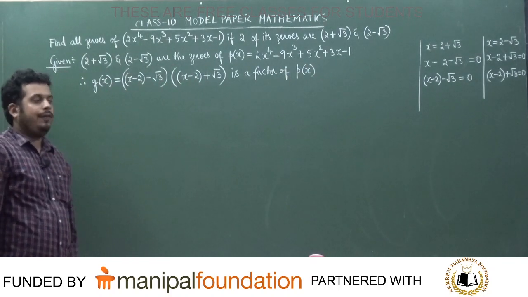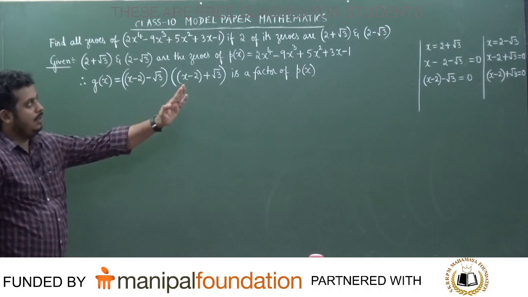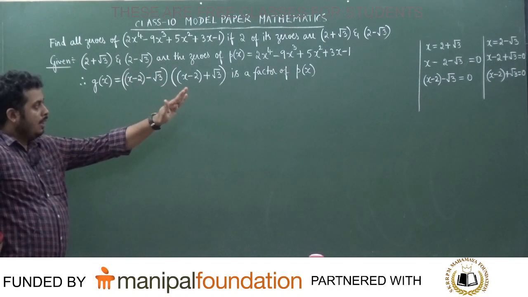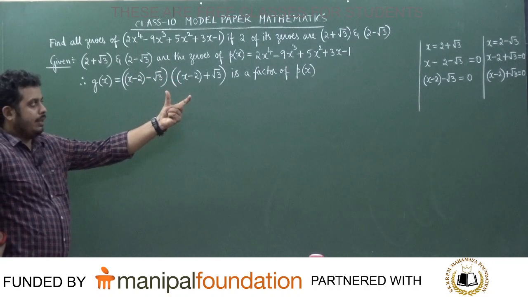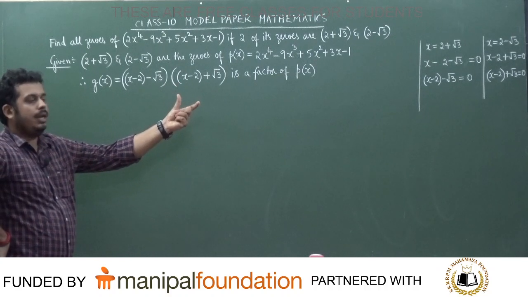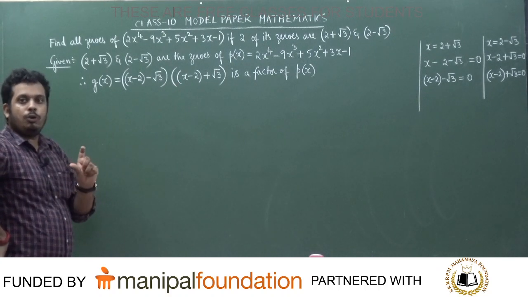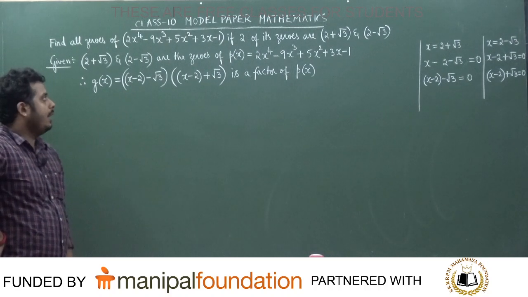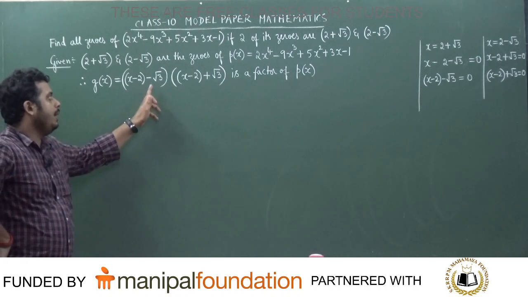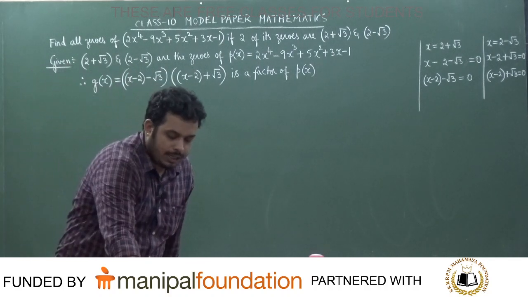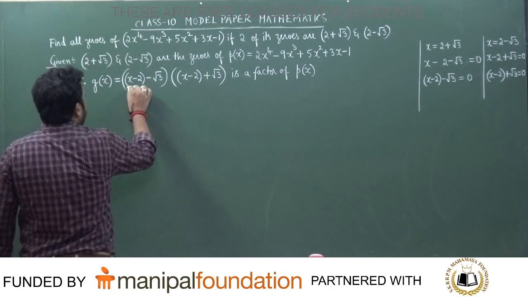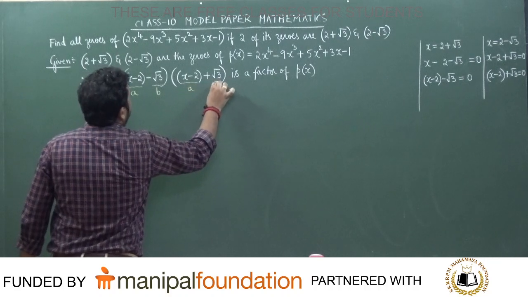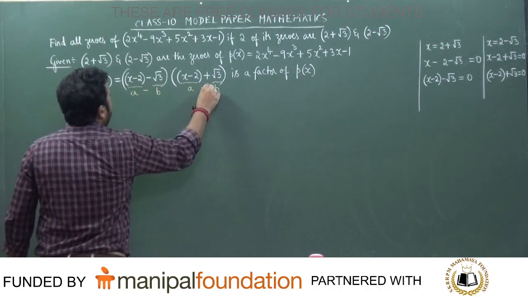I suppose everybody can understand, students. Zero means it is the value of x. Correct? On the other side, x is equal to 2 plus root 3, x is equal to 2 minus root 3. Two groups will be formed there: one x minus 2 minus root 3, another x minus 2 plus root 3. Why did we group like this? Because we can apply the formula and calculate the answer. Is it correct or not? So what can we do now? This is of the form a minus b into a plus b. I'll write and show. This is nothing but a, this is nothing but b. So this is of the form a minus b and a plus b.